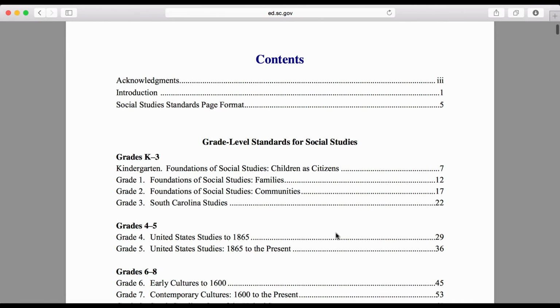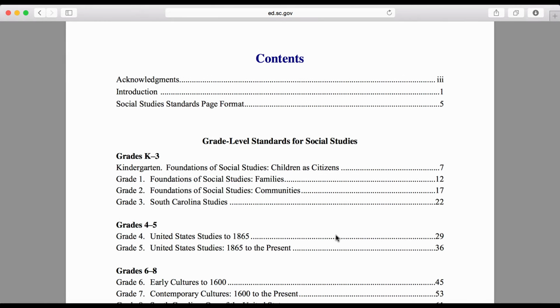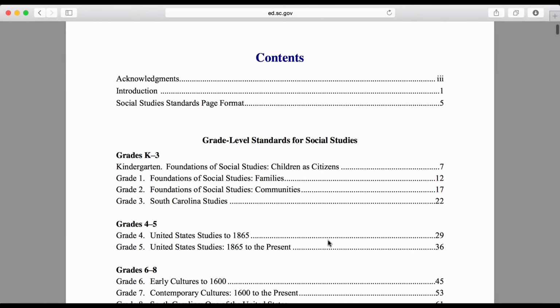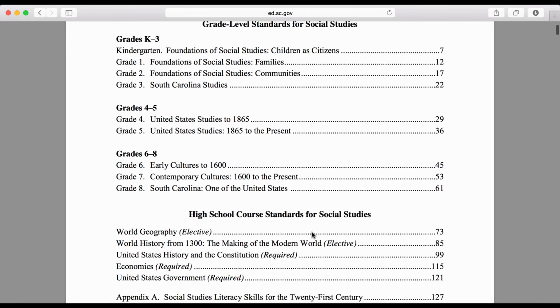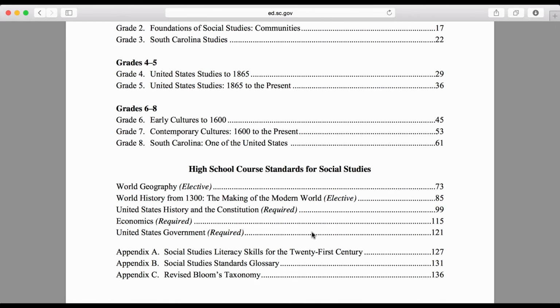You can navigate through this page using the contents, and that is how you're going to retrieve those state standards. You're just going to simply copy and paste which state standards apply to your topic and your app-based lesson, and then copy and paste them straight from here right into your app-based lesson template, and